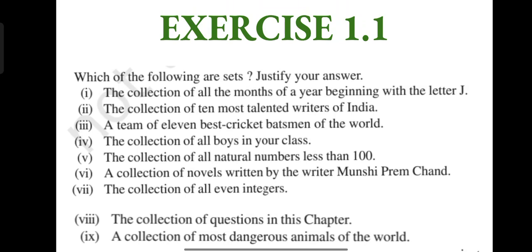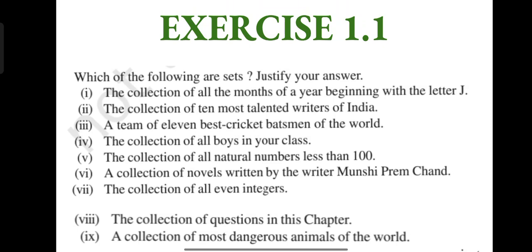So we will specify one or two from all the categories, about 1 to 3 elements, and the remaining will be denoted by some dots. Okay, so there will be dots on either side of the set. And next comes the collection of questions in this chapter. When anybody looks at this chapter, it will be the same answer, so it defines a set.